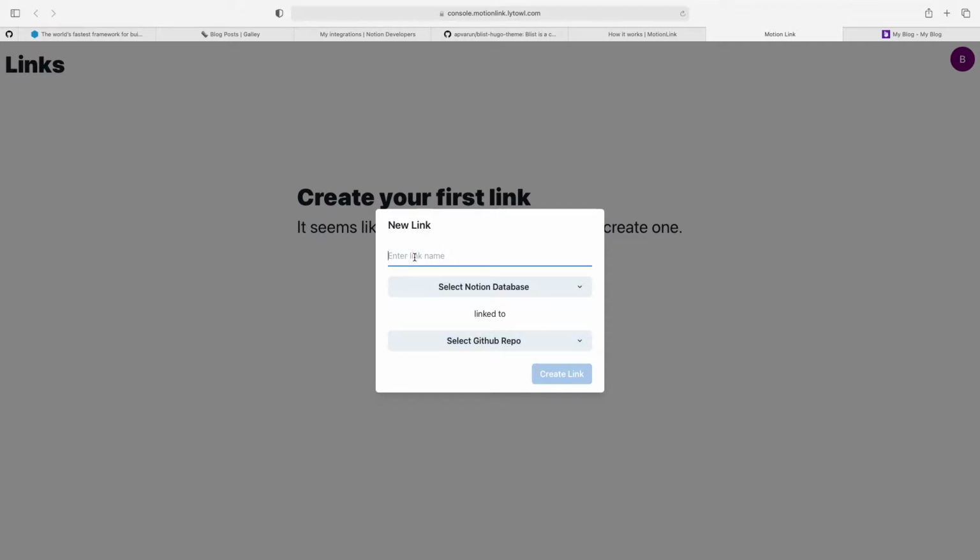So let's call this, okay, how I like to name my links is, I start with the project name, my blog, and put a slash there, and then the name of the database I want to link. So my blog post